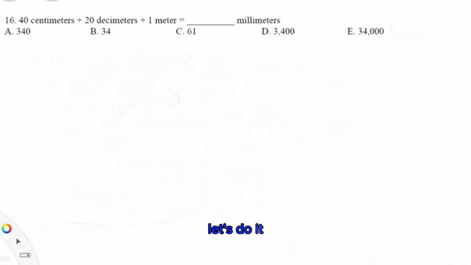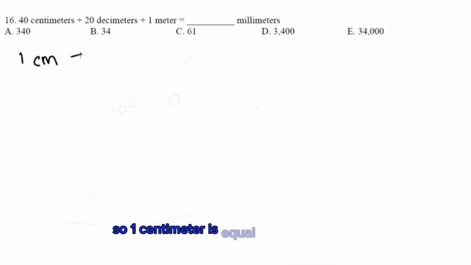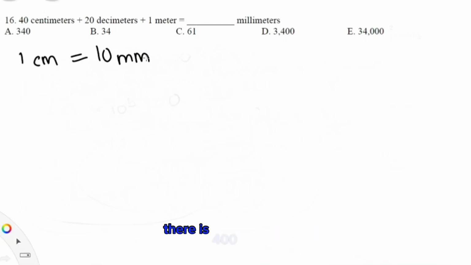Let's do it. Alright, 40 centimeters plus 20 decimeters plus 1 meter equals how many millimeters? This is a simple conversion problem, so we just have to convert the units all into millimeters. Let's start off with centimeters. 1 centimeter is equal to 10 millimeters. That means if there's 40 centimeters, there is 400